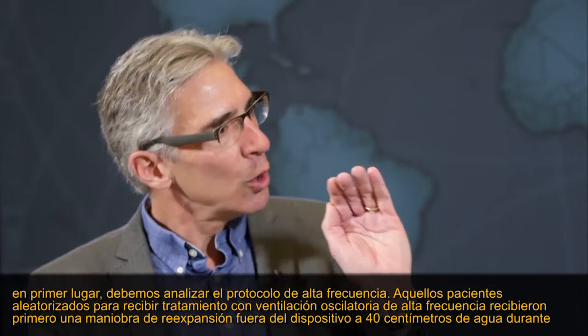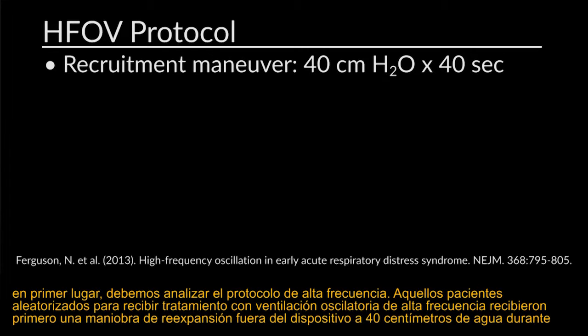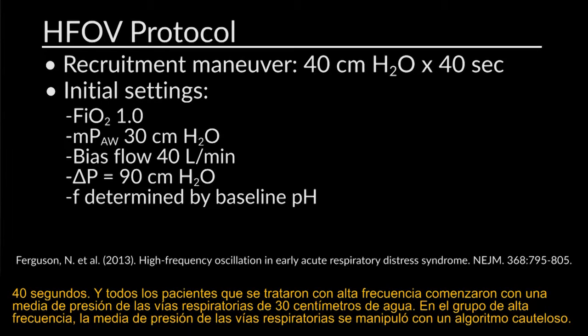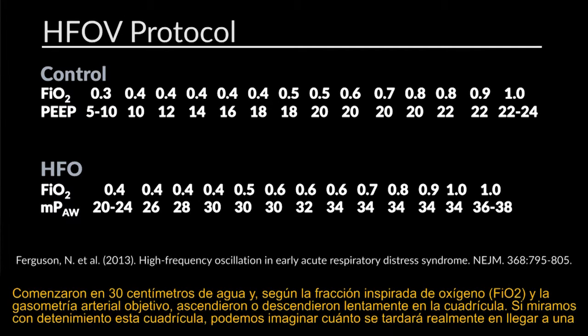Well, first of all, we should look at the high-frequency protocol. Those patients randomized to be treated with high-frequency oscillatory ventilation first received a recruitment maneuver off the device, 40 centimeters of water for 40 seconds. And then all patients managed with high frequency began with a mean airway pressure of 30 centimeters of water. There was a careful algorithm by which mean airway pressure was manipulated in the high-frequency group. We started at 30 centimeters of water, and based on FiO2 and target blood gases, you slowly marched up or down